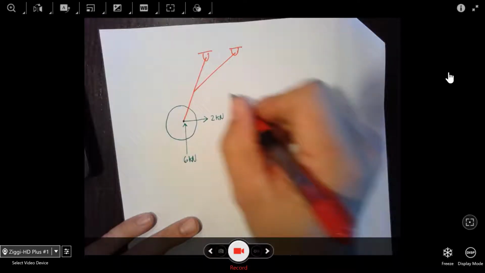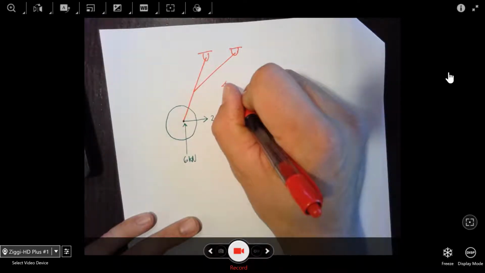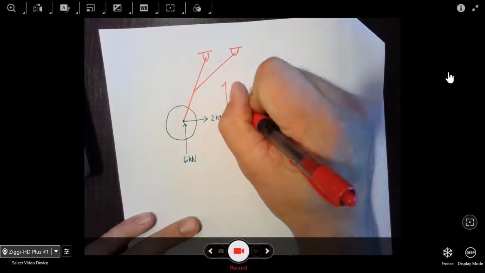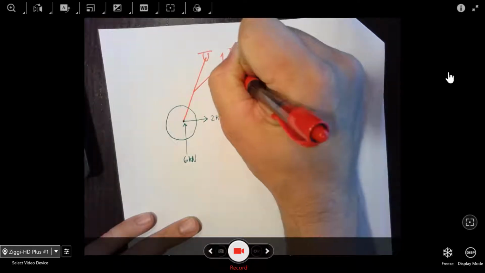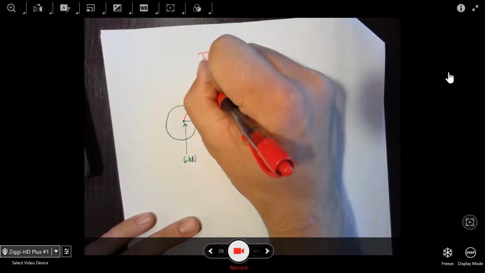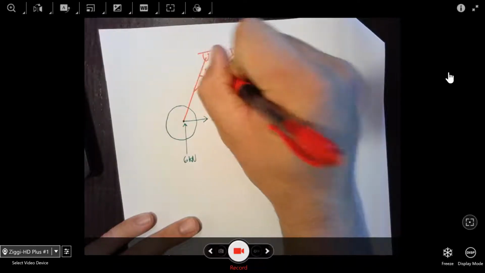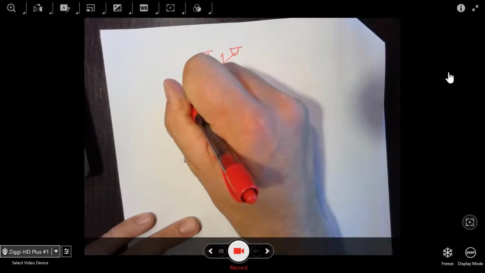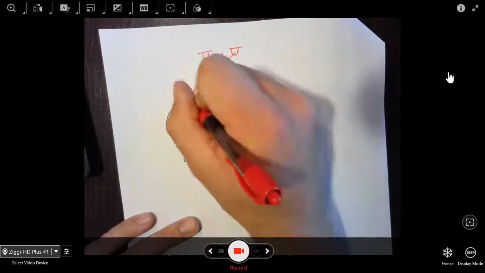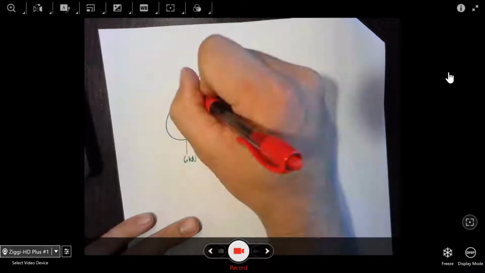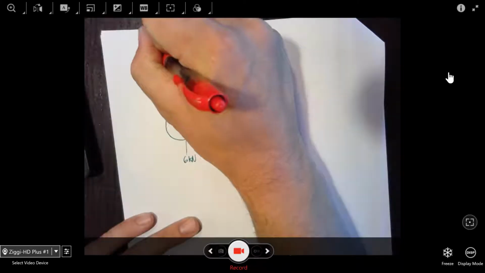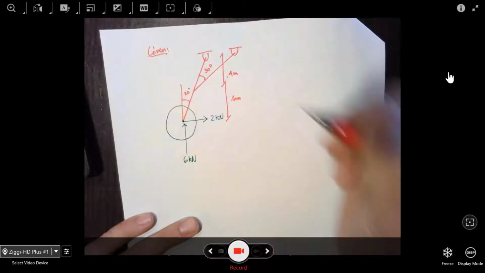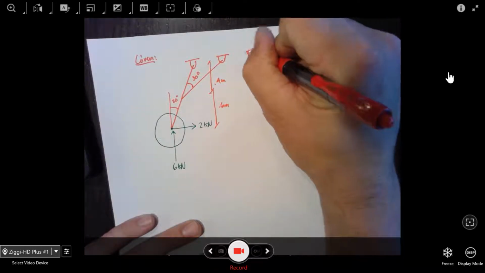Okay? And we're told that the distance here is 0.6 meters, and this distance is 0.4 meters. I didn't draw this quite to scale. The angle between these is 30 degrees, and the angle of the main strut with the vertical is 20 degrees. Okay? And so this is our given. And we're asked to find,